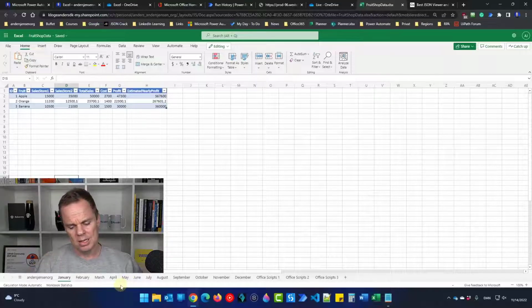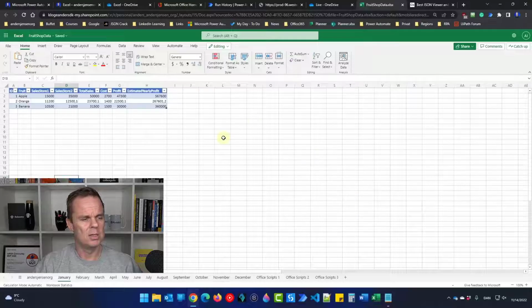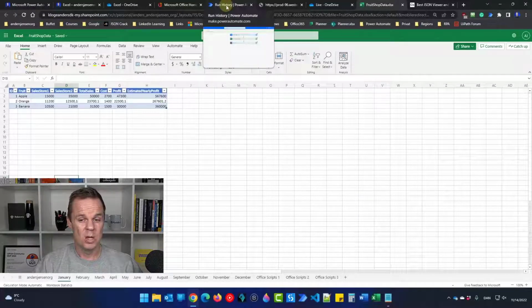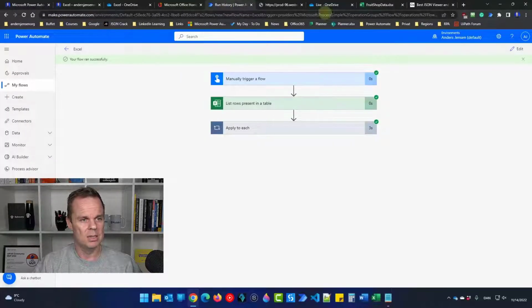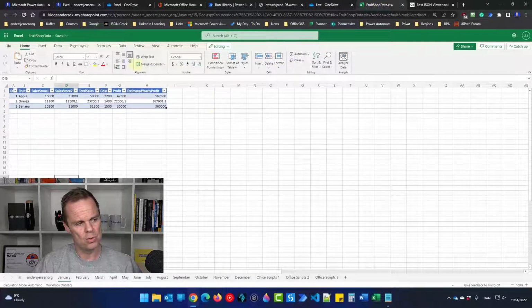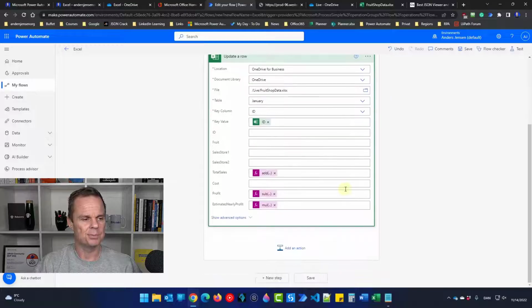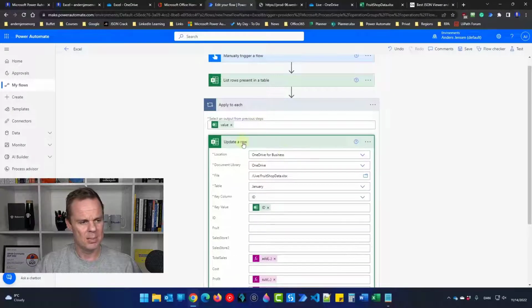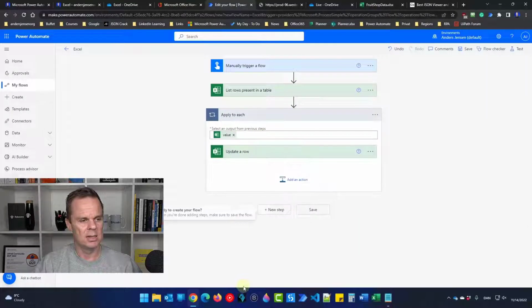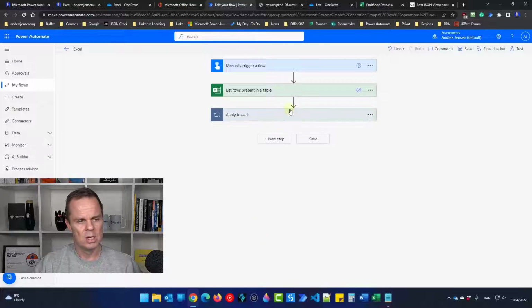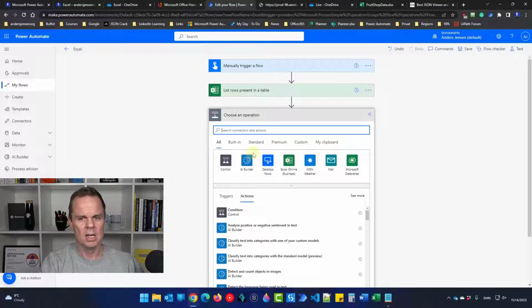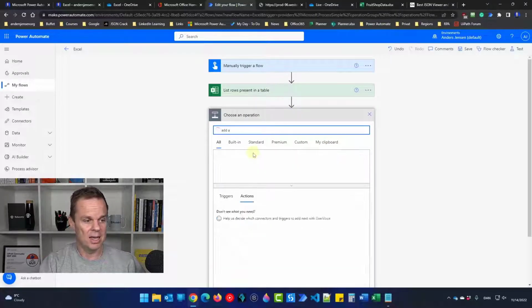We will need to add some more advanced concepts, but first we will see a couple of things. We can add rows to a table. So if we wanted to add a row into this table, I'll go back to Power Automate and then I'll click Edit. I can collapse things by just clicking on the actions like this and this. Try to go after the list rows present in the table. Click this plus, click Add an Action. Here you will find add a row